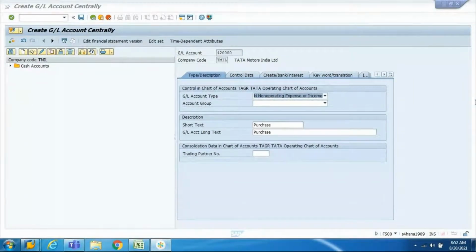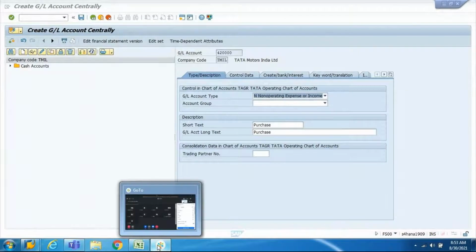What is a secondary cost element? Anyone? No idea. Amit? Yes, Ajay. What is a primary cost element? Secondary cost element?